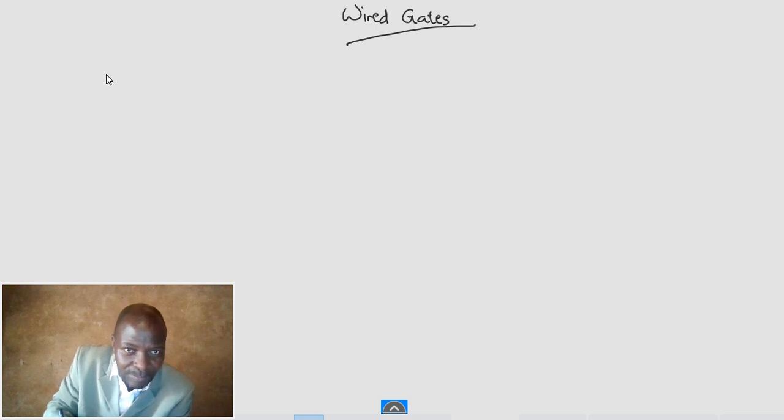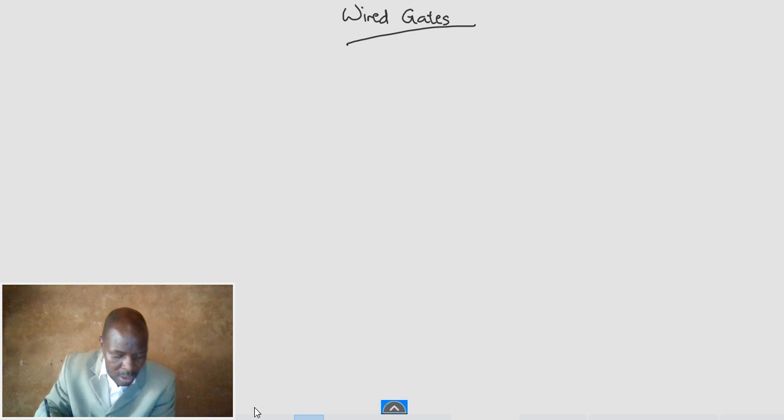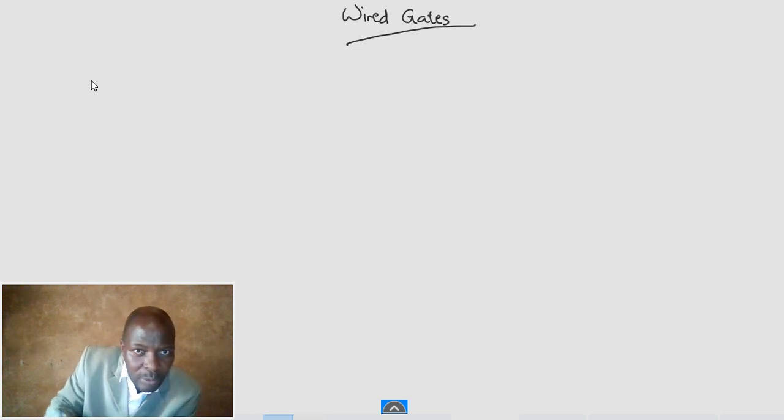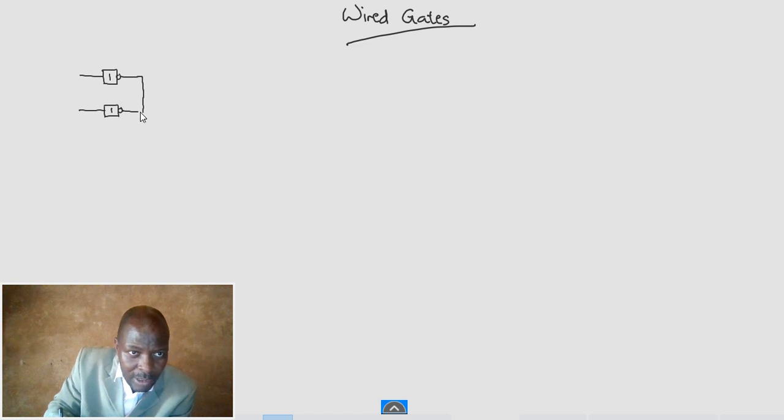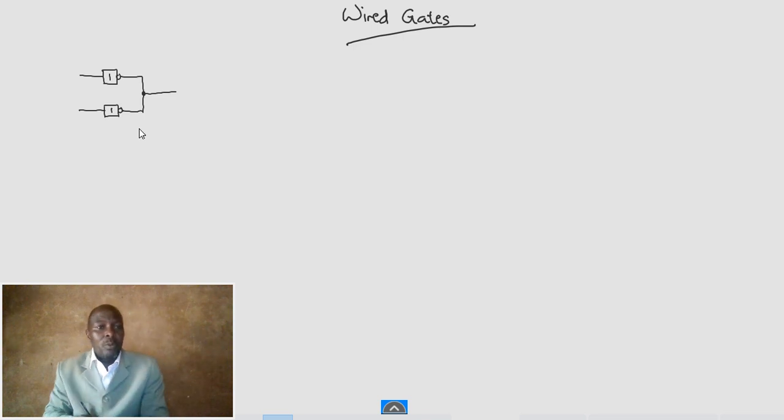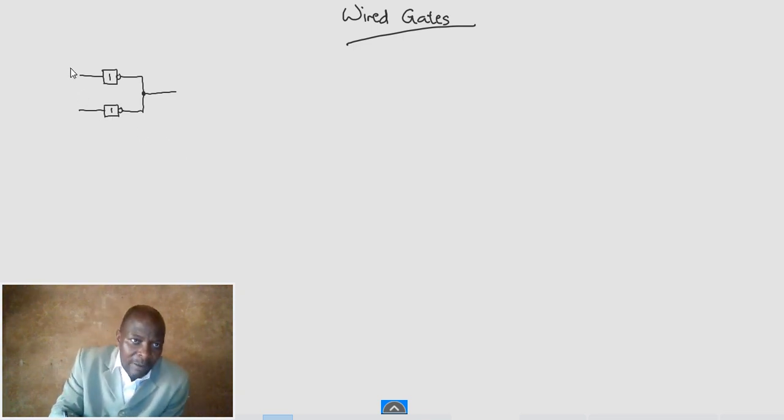Let's take an inverter. I need something to write with. An inverter. What we'll do is we wire these outputs together. Okay, that wiring. Now, if we have A there and B there, the active states or the high states, the